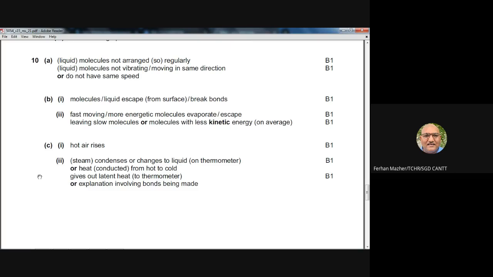Muskan, can you write two suggestions why this is not a good diagram to represent liquid molecules? Yes, sir, I have written that molecules are arranged in a regular pattern. And secondly, I have written that molecules shown are moving in the same direction. Okay. So in the water or liquid,